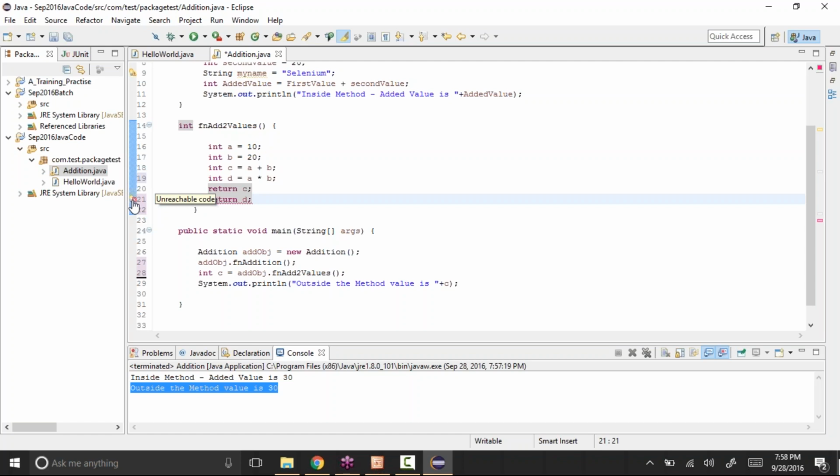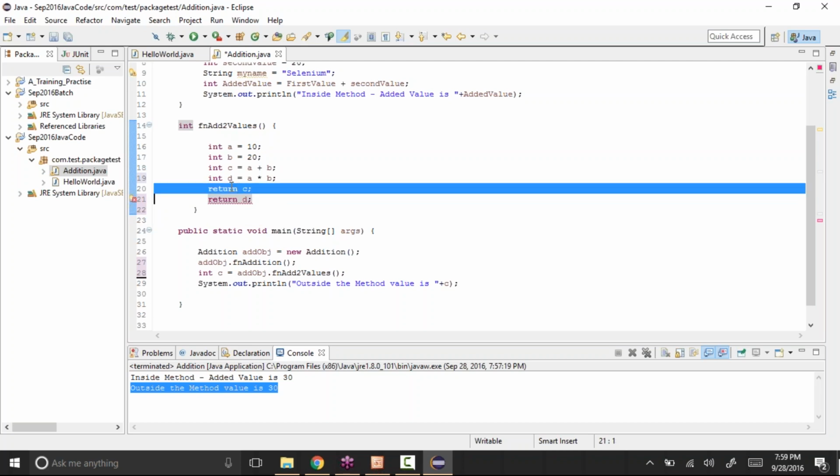Why? Once you say return, the control will come out of this function, and after that return, even if you write something, it does not execute. So once you do a return, it will come out of that function and come back here.